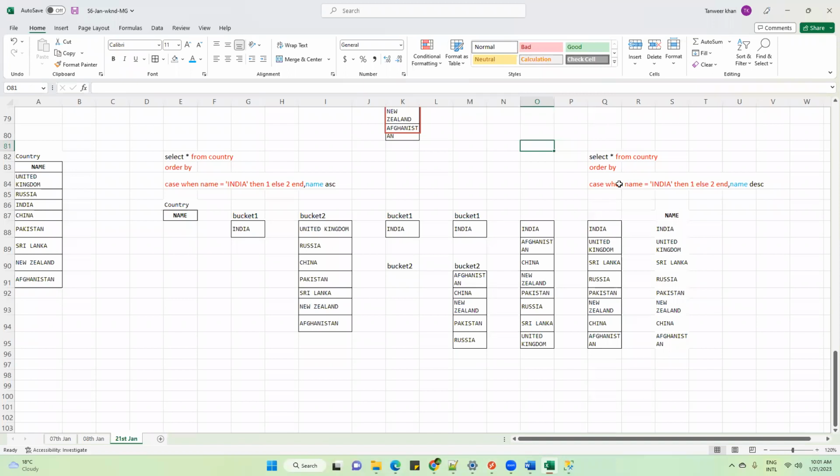I will not give an assignment today because we have not covered this, so you'll be confused. Do one thing: work on last week's assignment, and if you're getting stuck, we'll discuss it tomorrow. Then I will complete ORDER BY with CASE tomorrow, all the other scenarios, and then I will give you an assignment question.